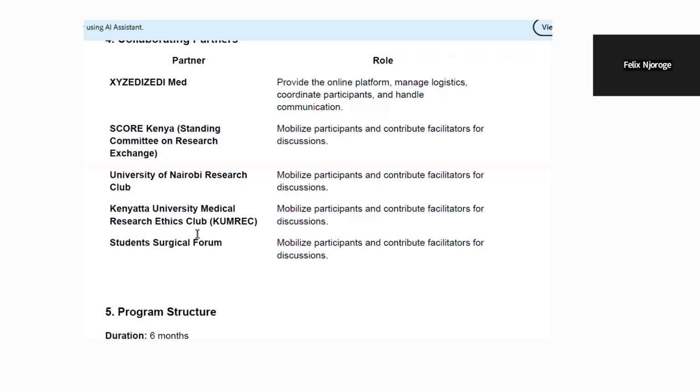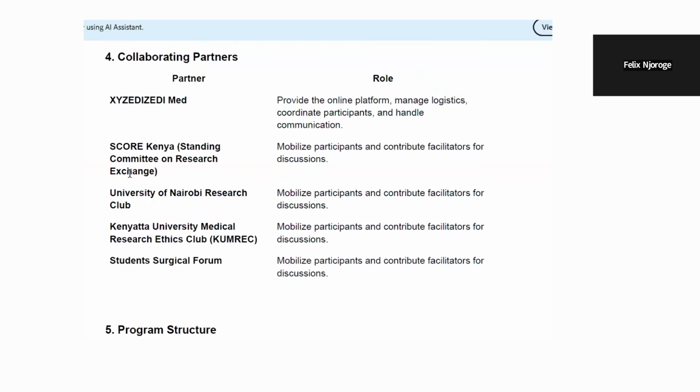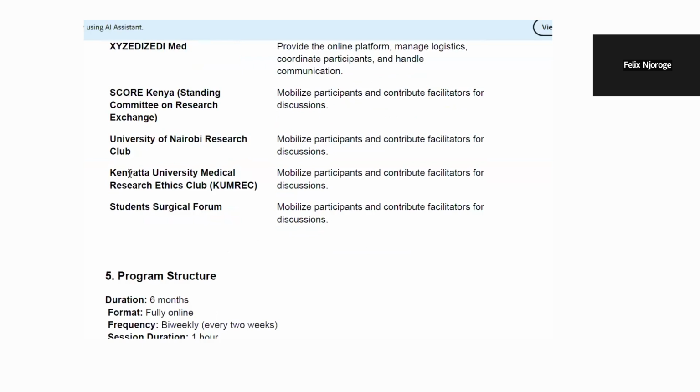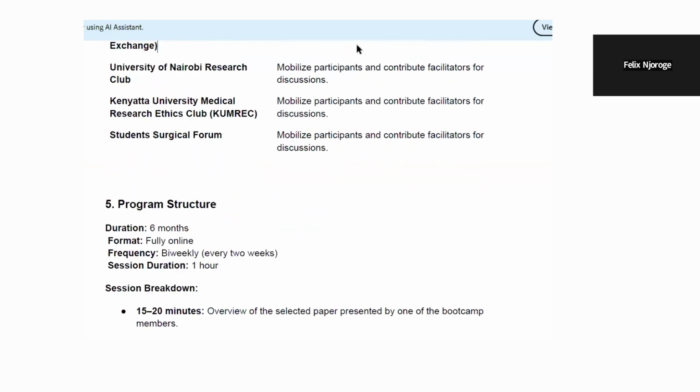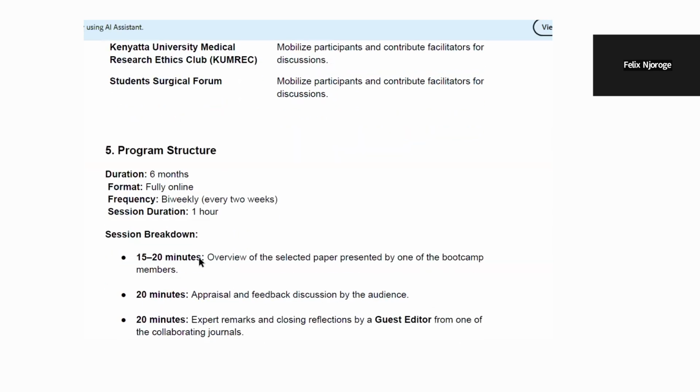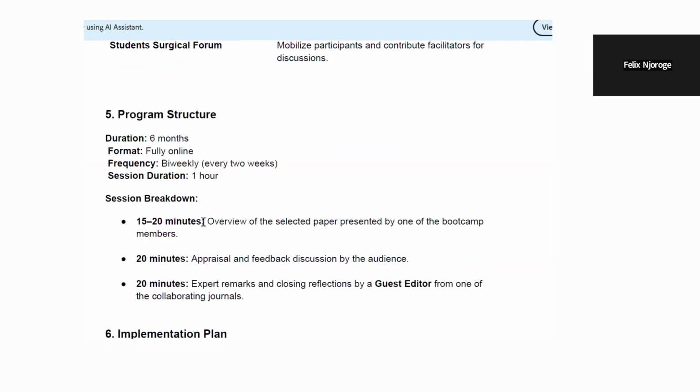So each of these organizations will also be presenting on a rotational basis. So the program structure is going to be 6 months, fully online, bi-weekly. Bi-weekly meaning once every 2 weeks, so twice a month, for about 1 hour, not too long. And each session will be about 1 hour, as I mentioned, but we'll start with number one, an overview of